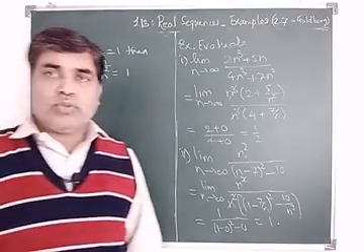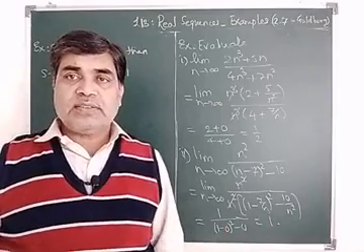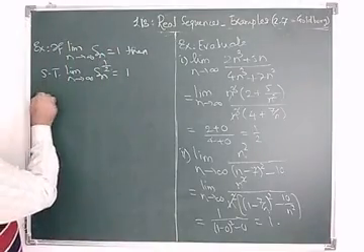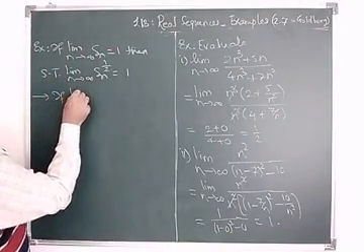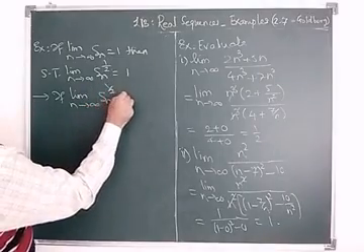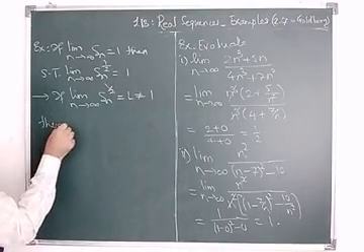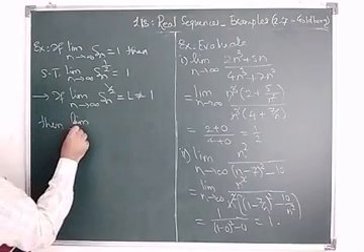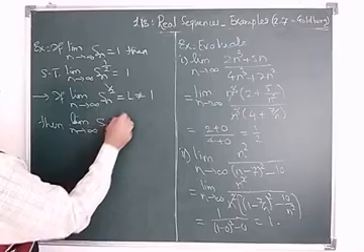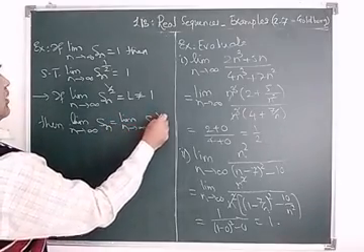On the contrary, suppose limit of Sn raised to half is L, where L is not equal to 1. Then limit n tends to infinity of Sn is the same as limit of Sn raised to half, its square,